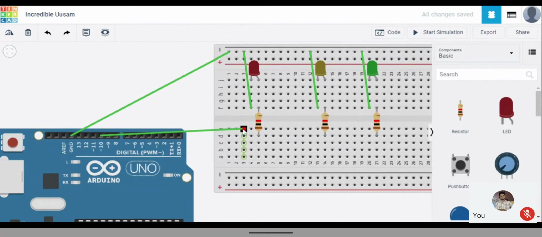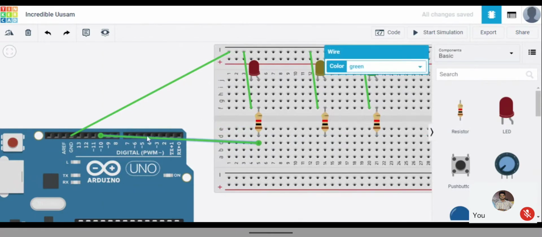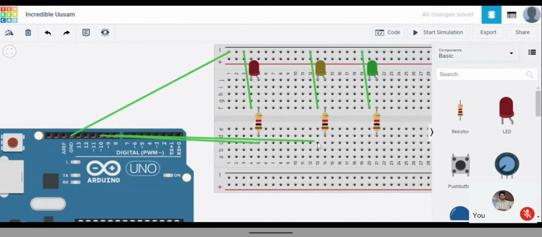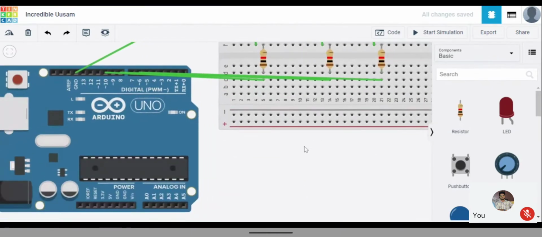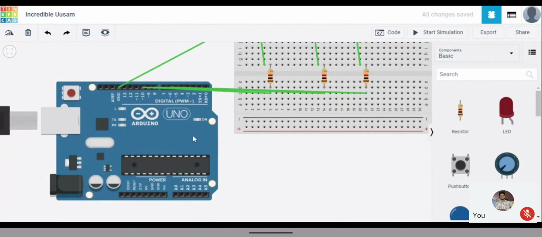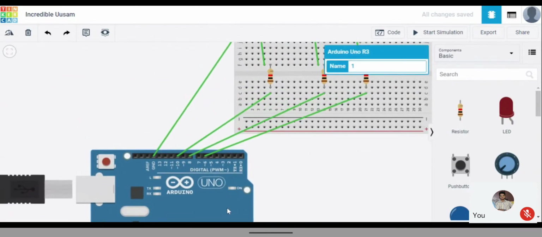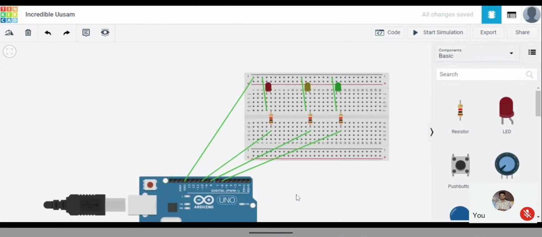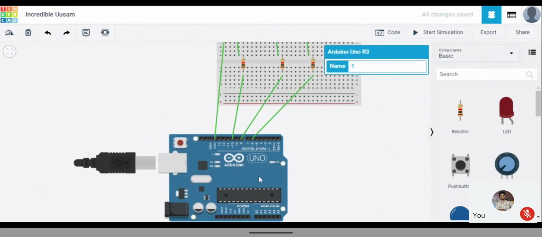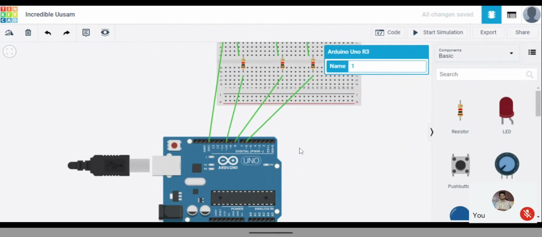So I'll take 10 for the red light, 8 for the yellow light and 6 for the green light. I can take it differently also, but it's for our understanding. I have given one gap in between.